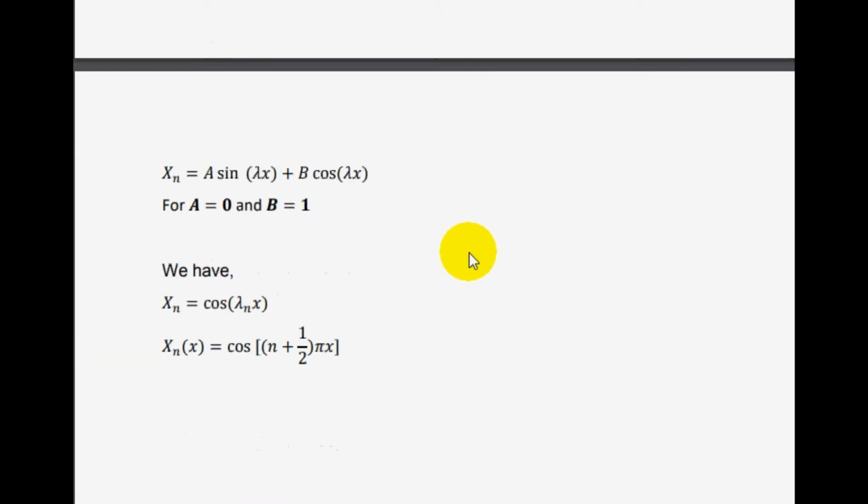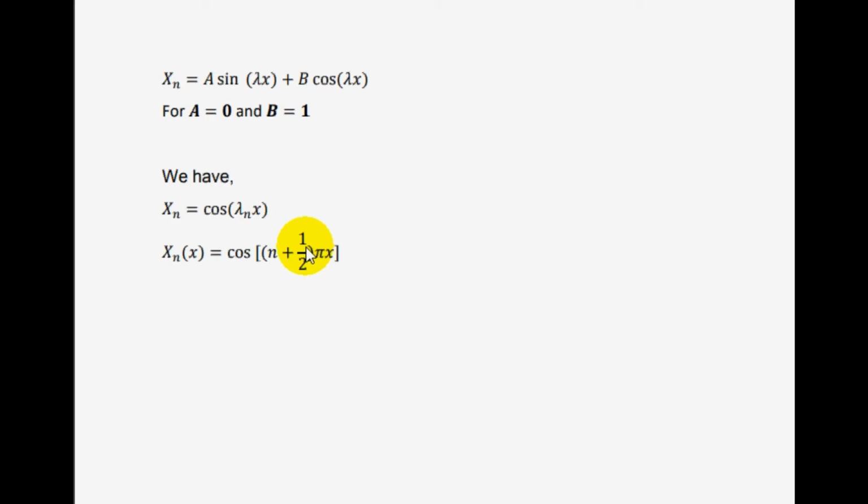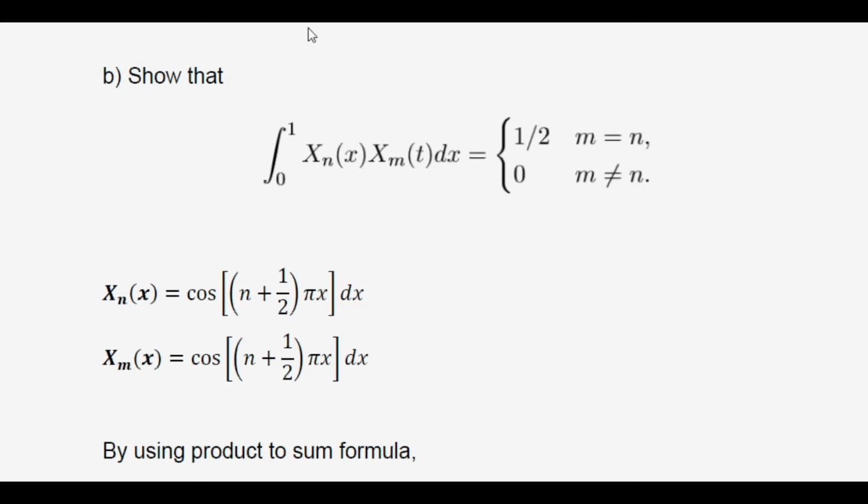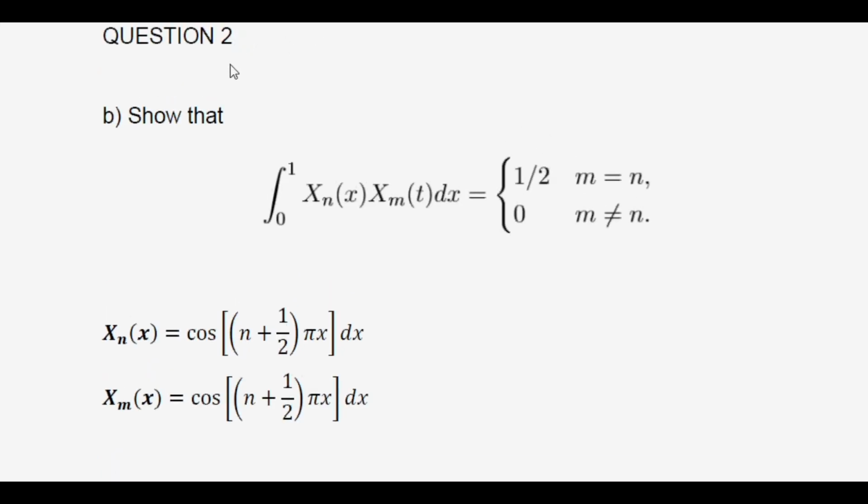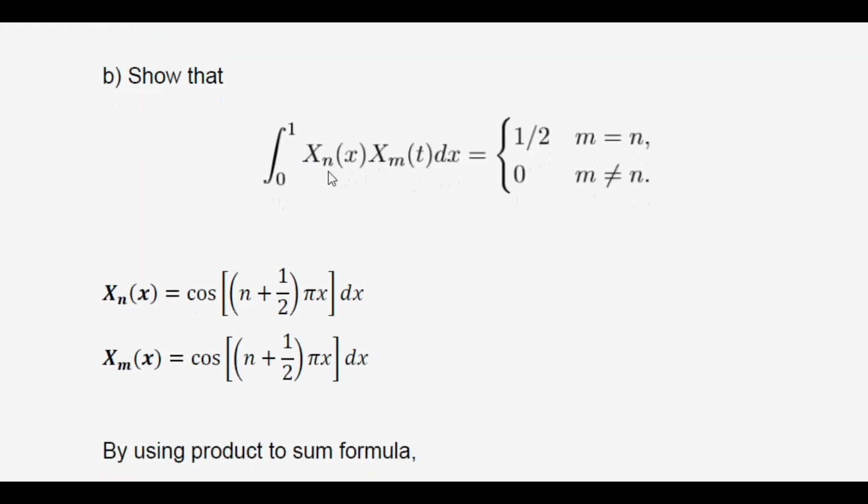Therefore, you will get this answer: a is equal to 0 and b is equal to 1. So Xn(x) is equal to cos(πnx). So like the question asks, the answer will be like this. Okay, for question 2, question B asks us to show that the integration of Xn(x) Xm(x) dx